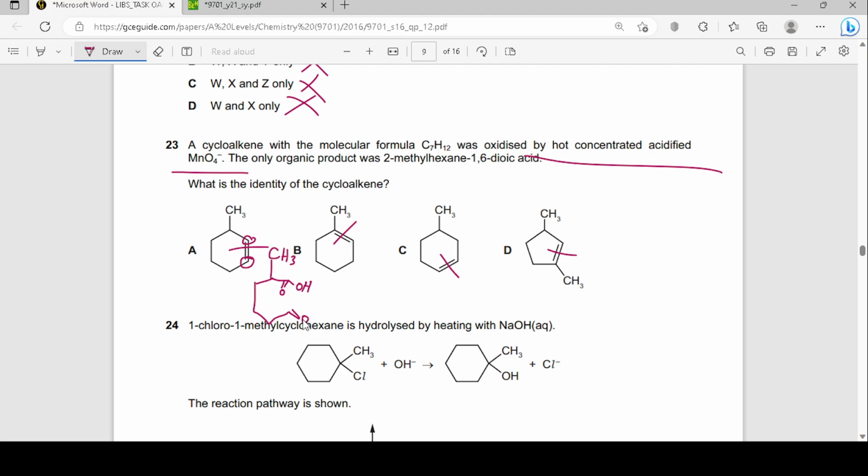Carboxylic acid group here, okay, and also on this side. Then here again, this one is a secondary carbon because it has 2 carbon atoms attached to it, right? This carbon has just two adjacent carbon atoms. So this one will become a ketone when it's oxidized. So let me make this molecule, and this side will become a carboxylic acid again because it's a primary carbon,